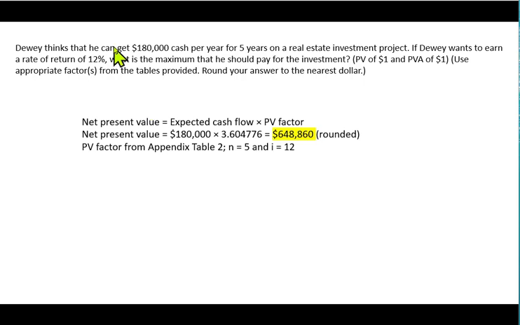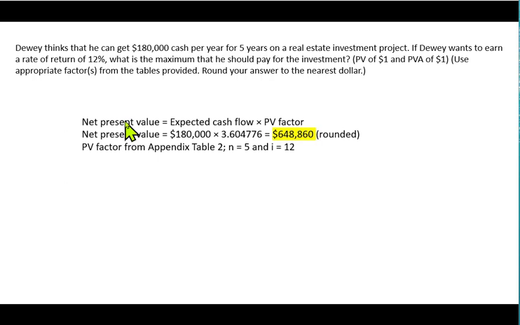And this is the only formula that'll work for you for these equal periodic payments, because that sentence, let's see, where does it say it at? Right here. It says, what's the maximum that he should pay for this investment? And you should assume that that's right now in today's dollars. How much should he pay right now for this investment? And right now means the present value. And so the present value of the annuity is what we're going to use, that present value table,